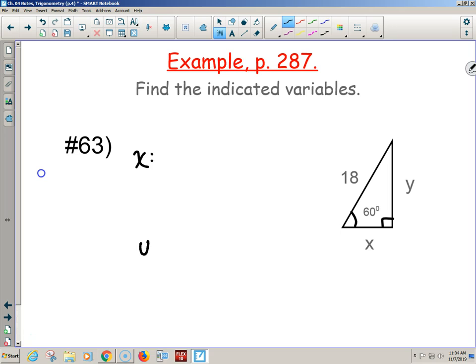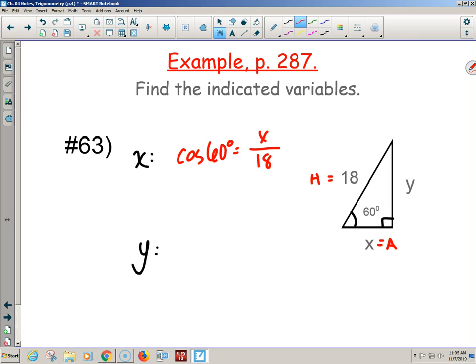So you think about X and think about Y and say, okay, what do we know? 18 and 60. What do we want? X. What do we know? Hypotenuse and angle, and if I'm trying to find X, I need to put together hypotenuse and angle and adjacent. Let's use secant. Ew. Well, use cosine instead. It's a lot easier. Secant is built on adjacent and hypotenuse, but so is cosine, and it's a bit easier. So cosine of 60 degrees is equal to adjacent over hypotenuse.